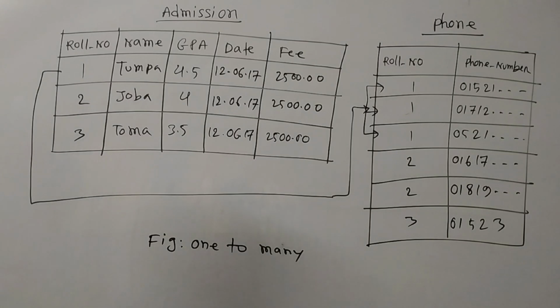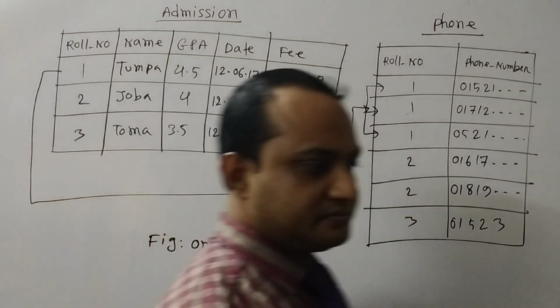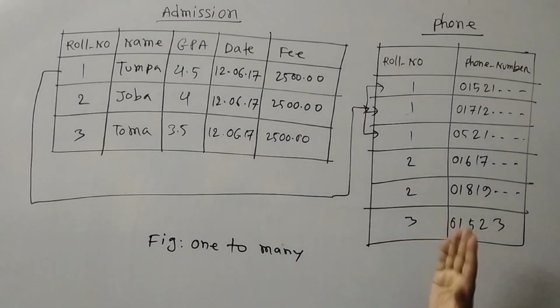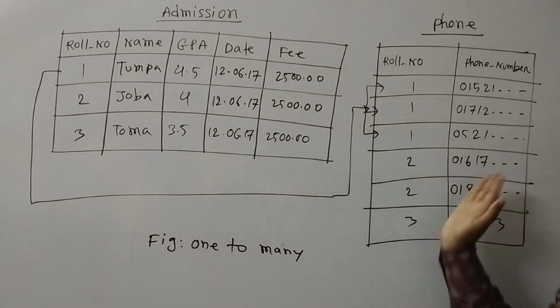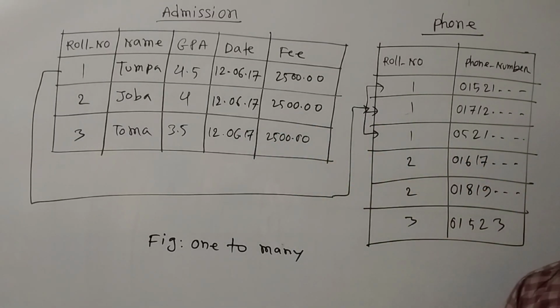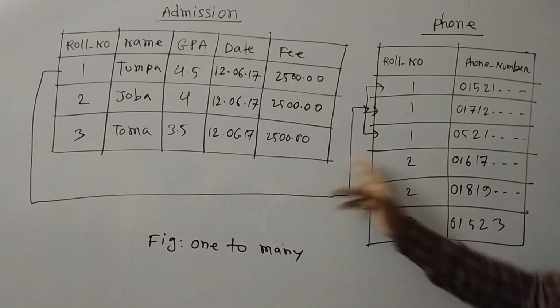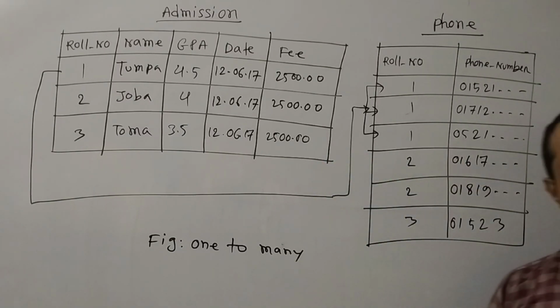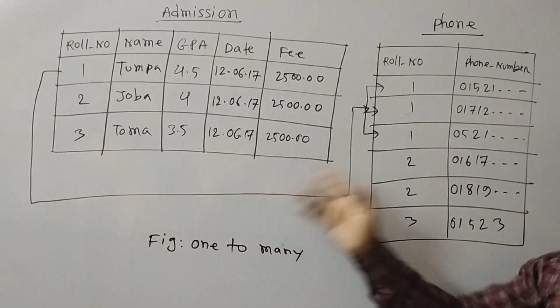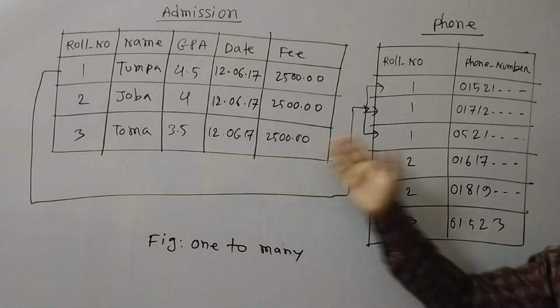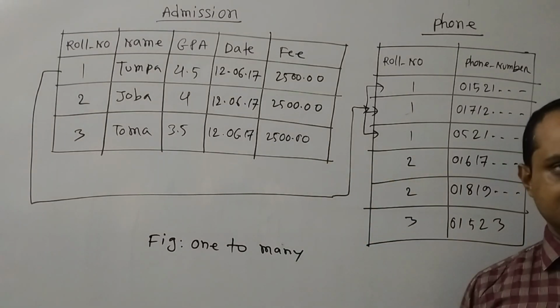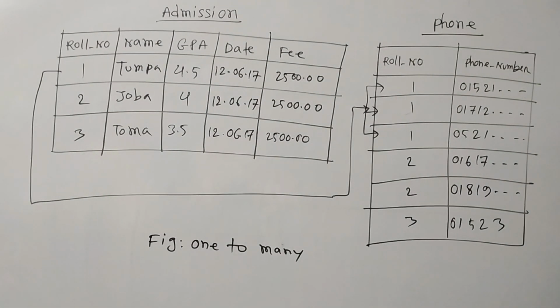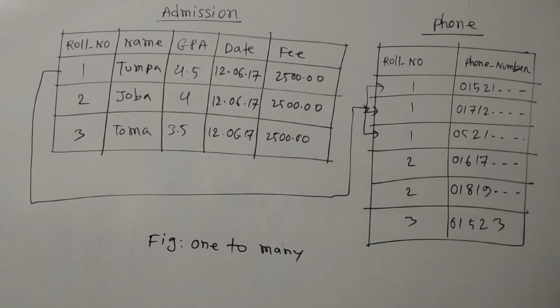This is the answer. And then you can write some description or advantages of a relationship. That means after completing this relationship, we will get some benefit from the database. For example, we can create a query from both tables at a time. We can create a report from both tables at a time. We can create a data entry form for both tables. We can create a relational database by using these tables. That means this type of facility we can get after completing this relationship.